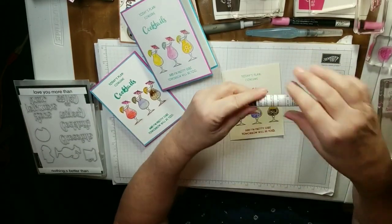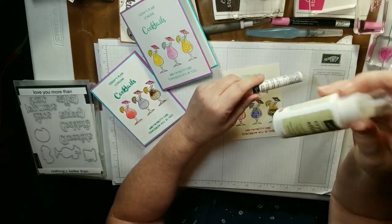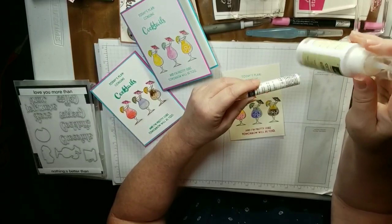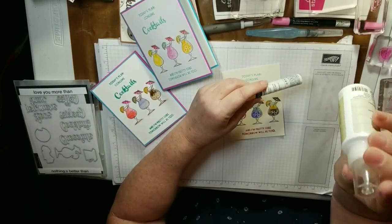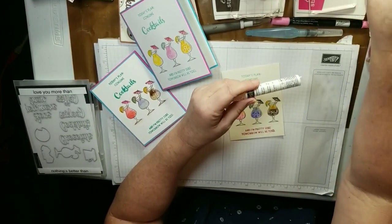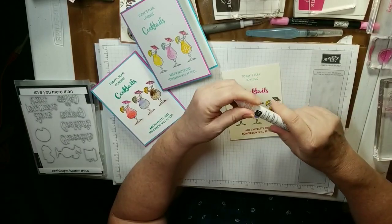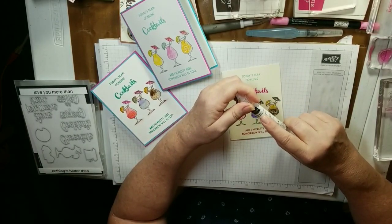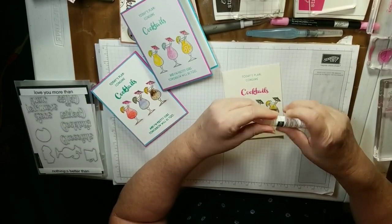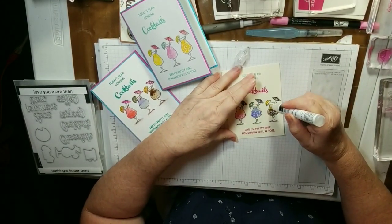All right, so what I'm showing you now is my favorite part. We used to sell a product called the Crystal Effects. I had played with it a lot, and then I put it down and forgot all about it. I saw somebody had done one in a sample, and I thought, oh yeah. Now we have a container called the Shimmering Crystal Effects. This one has slight sparkles in it. So let me